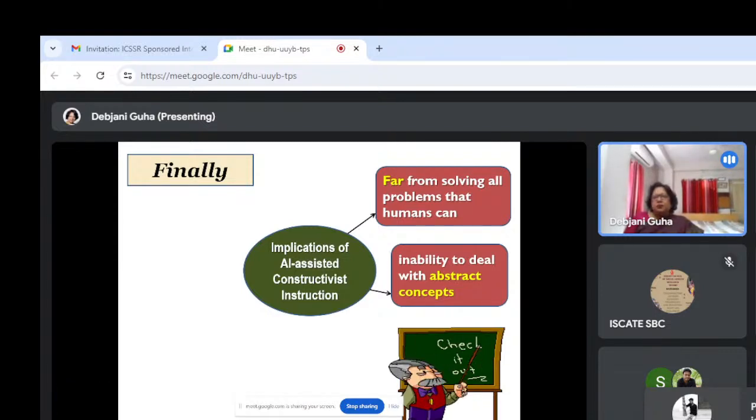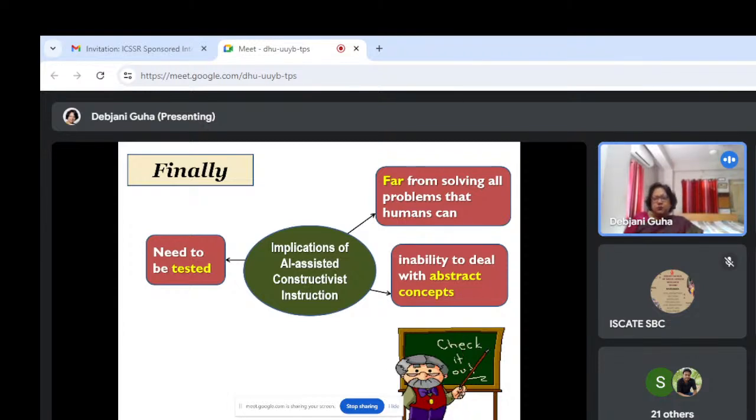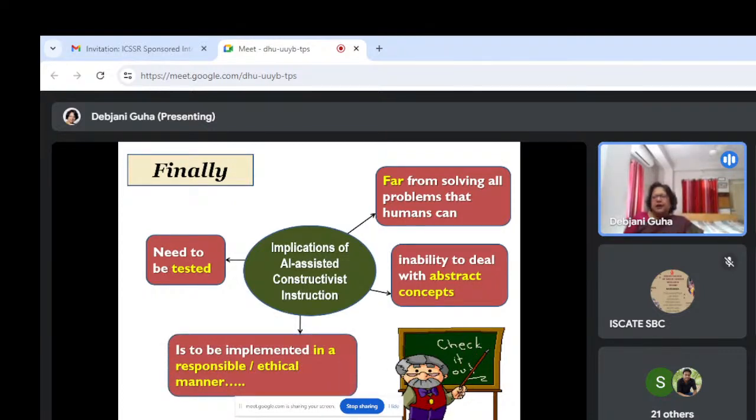And my suggestion is, like other learning theories, this new theory would need to be tested and evaluated through research, through more experimentation, and at the same time, it is also important to ensure that the use of artificial intelligence in education is implemented in a responsible and ethical manner, taking into consideration the potential